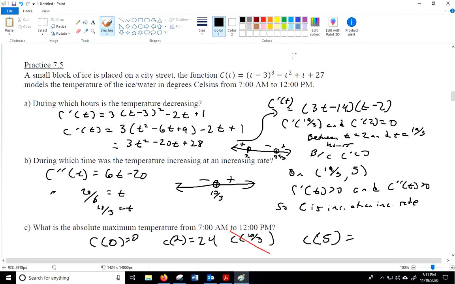And then c of 5 would be 2 cubed is 8. 8 minus 25 is a negative 17. Plus 5 is a negative 12. Plus 27 is